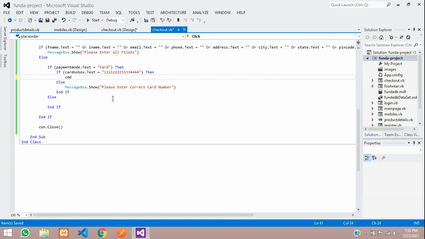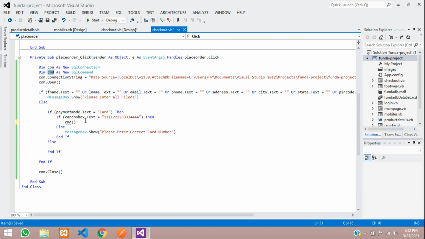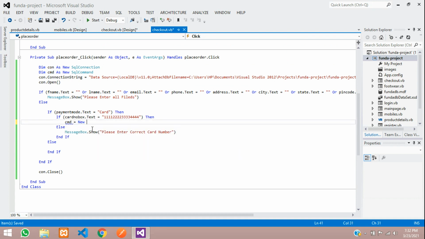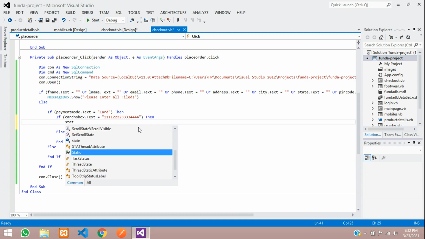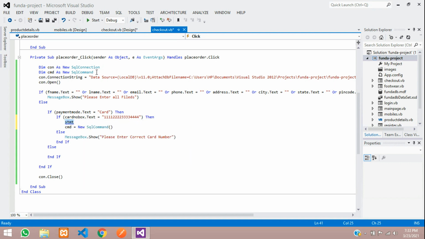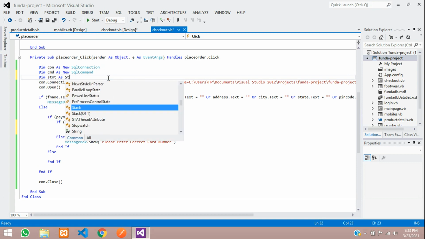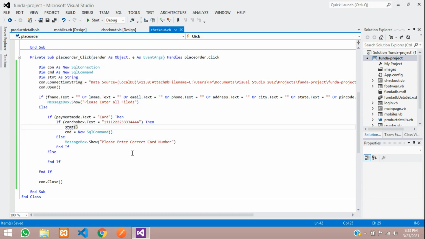So cmd variable which you have created over here, command variable is equal to new SQL command function, and inside this you are going to pass the statement and your connection string. When you create the statement variable, let's create that above this, statement as string, save, and now